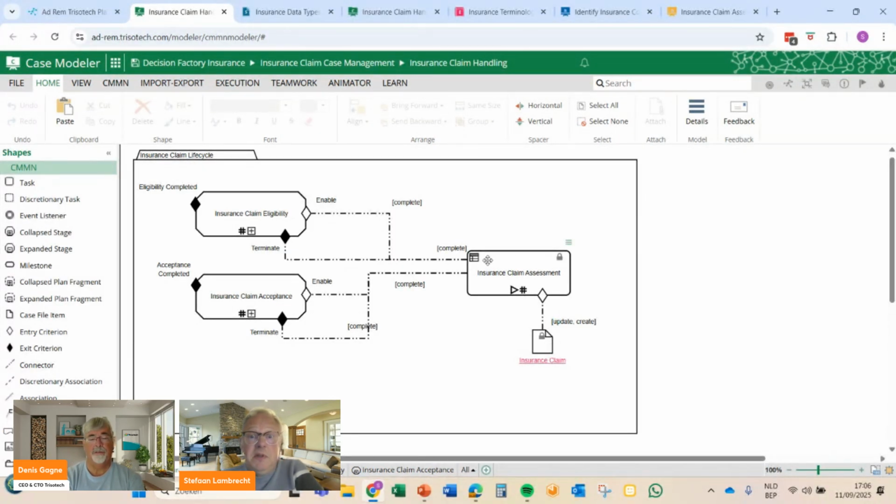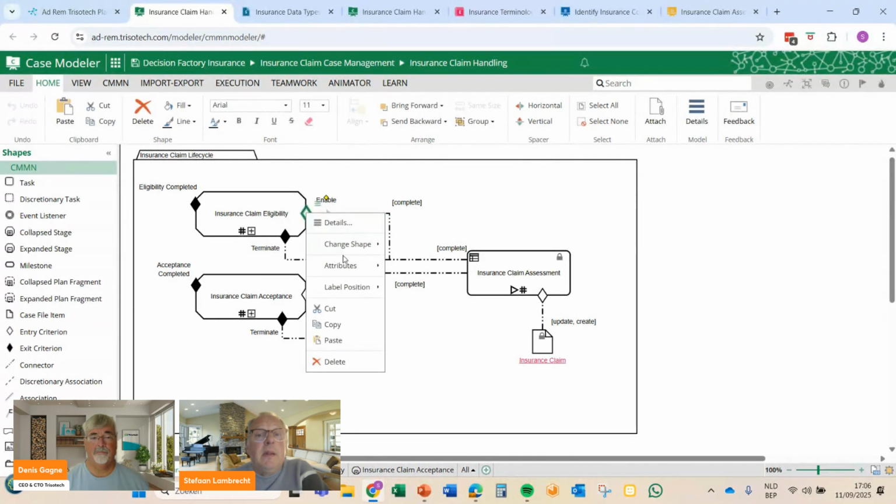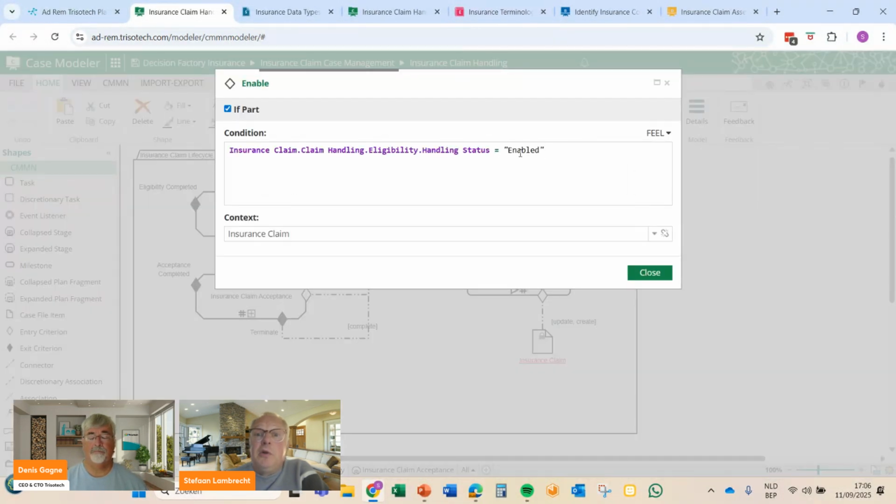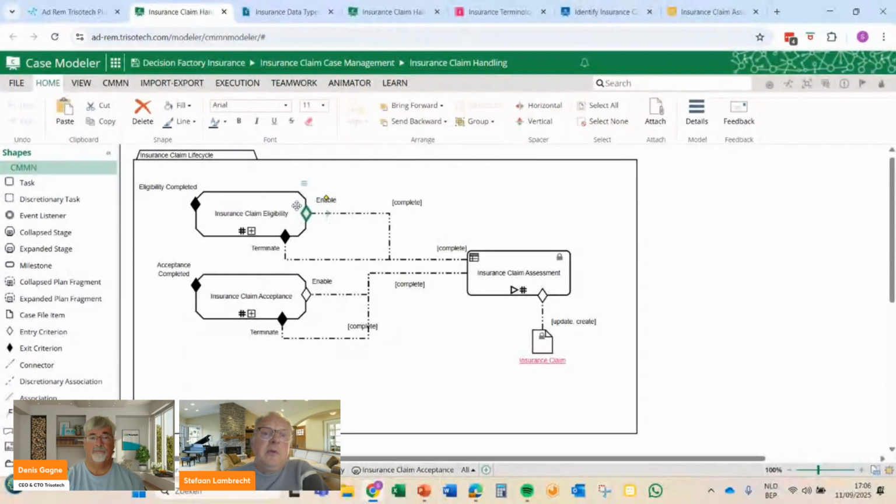It's the same decision model that we saw at the beginning of the presentation. Then it will kick off this stage, which is a part of the life cycle of the claim handling, based on the fact that the DMN model has said that we need to enable that human handling part.